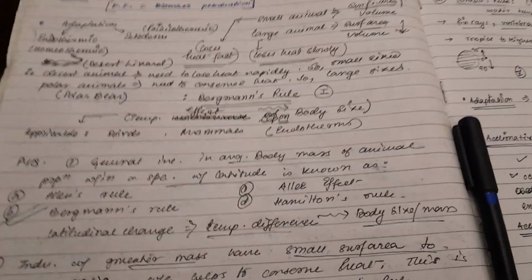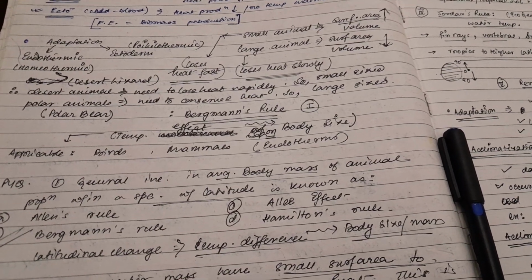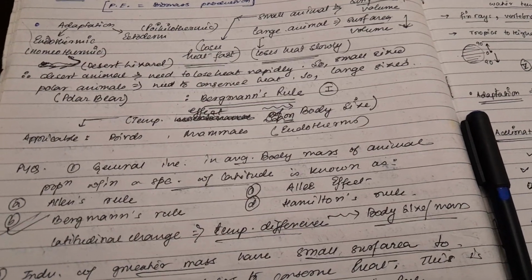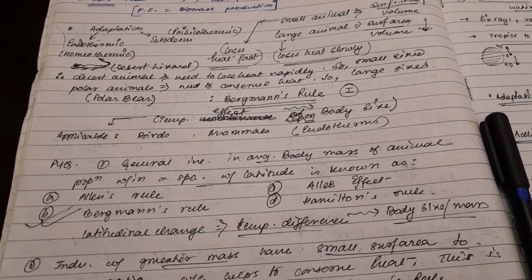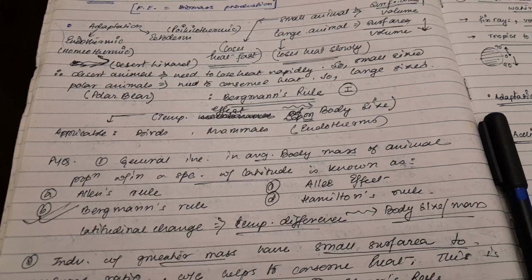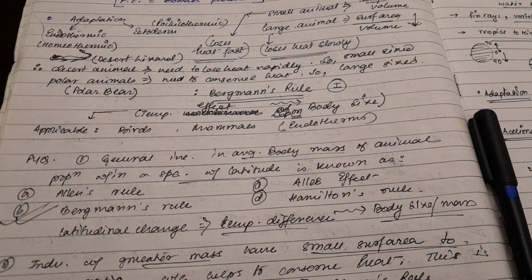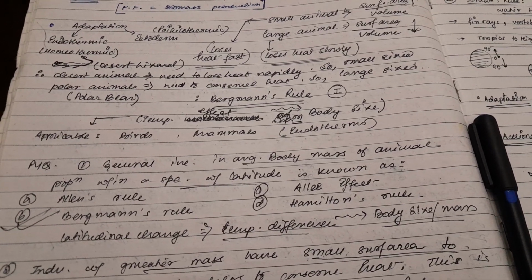Today we are going to learn about 3 rules, or literally 5 rules, of eco-geography. This is going to be Bergmann's rule, Allen's rule, and Gloger's rule, which are very common, along with 2 other rules of ecogeography. Starting with Bergmann's rule, Bergmann has said that normally we see